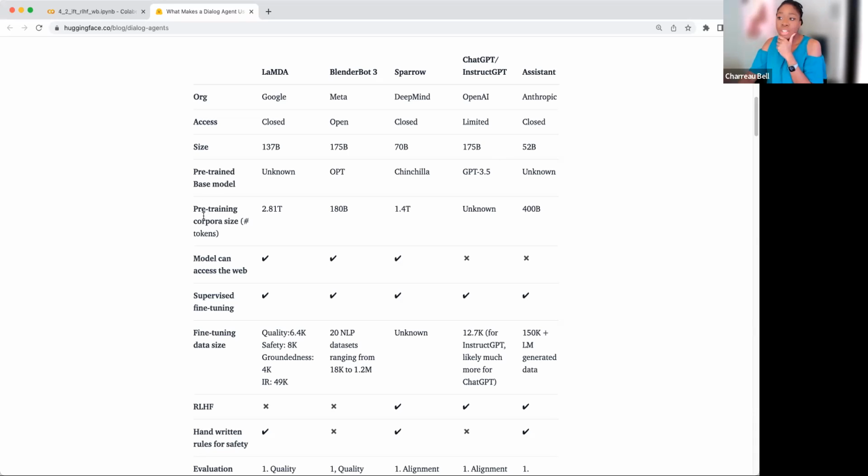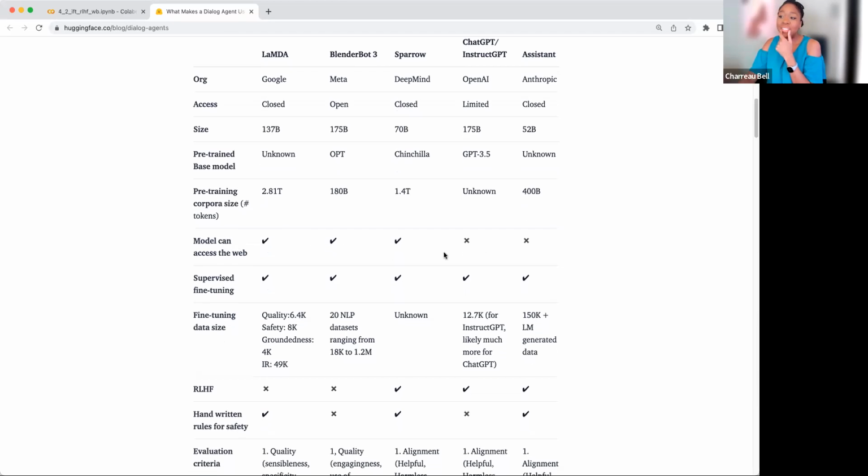Also, the data that it was already trained on, even though these super large language models have been trained on so much data. We can also see the data that we were talking about, this pre-training corpus size. We can see the differentials around here. So one, we've learned something important, which is that we have to do some sort of pre-training. Okay, so we understand that. We know to make our dialogue agents useful, we've got to do some kind of pre-training. Do we have to access the web? Well, not necessarily, but it is nice, as we've seen.